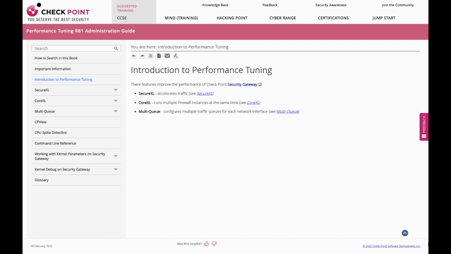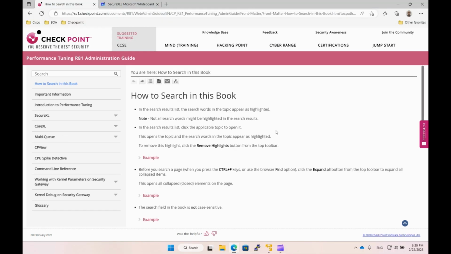Today we will review SecureXL. We will try to understand SecureXL basics, and also we will review some SecureXL troubleshooting commands. I think it is really hard even to start explaining what SecureXL is and why we need it on a Checkpoint